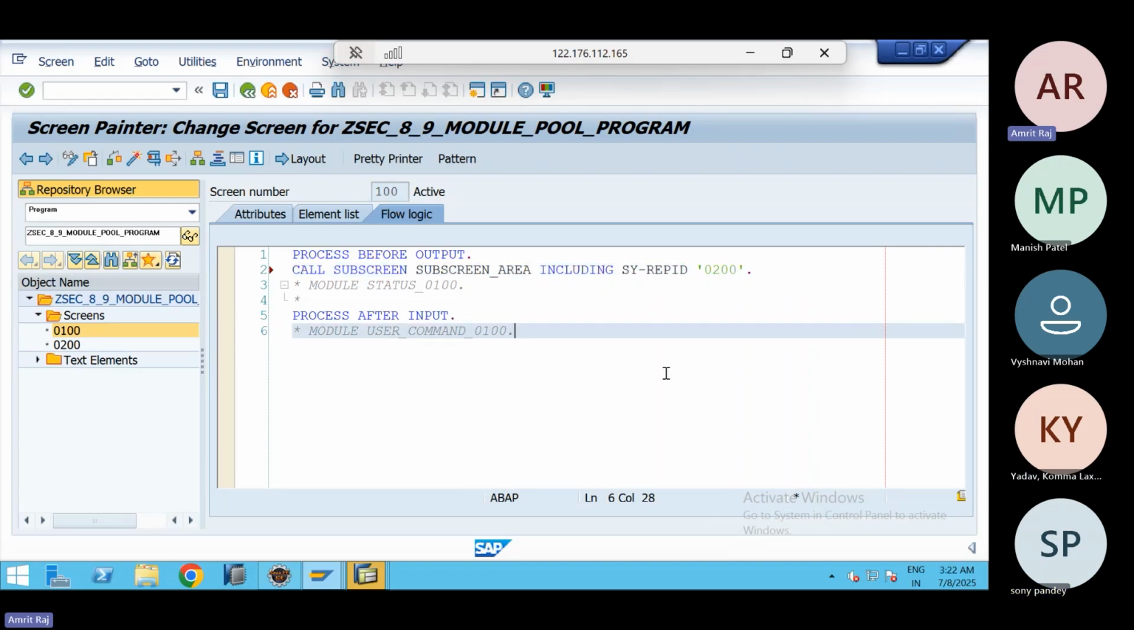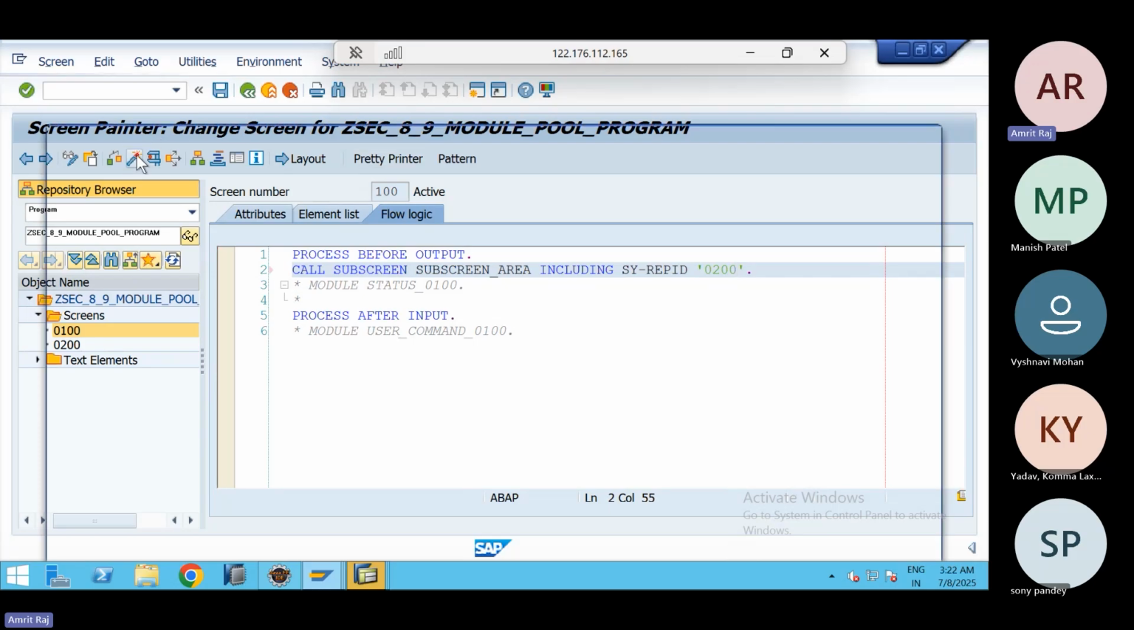Sorry for that. So this is the syntax which we are going to use to call a subscreen into the subscreen area of a normal screen. This is the syntax. The name must be correct, and the subscreen number will also be correct. If you check now, if you create it,